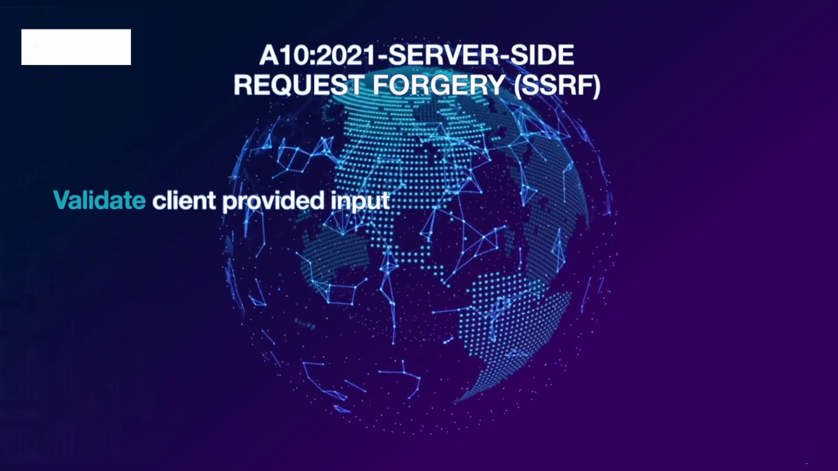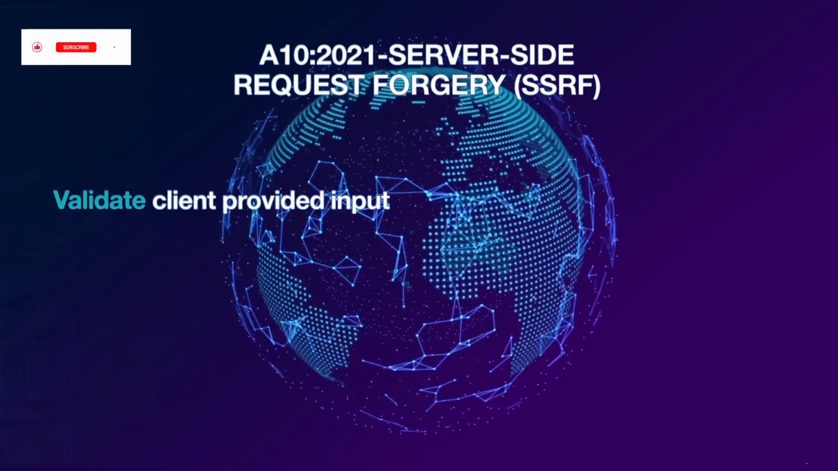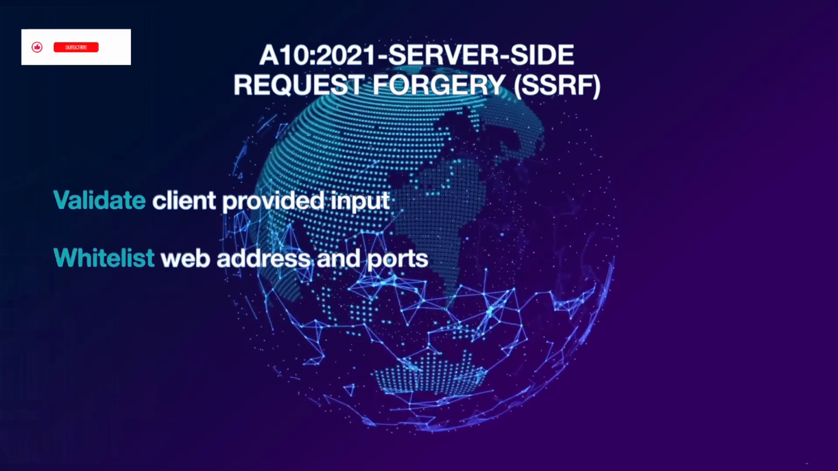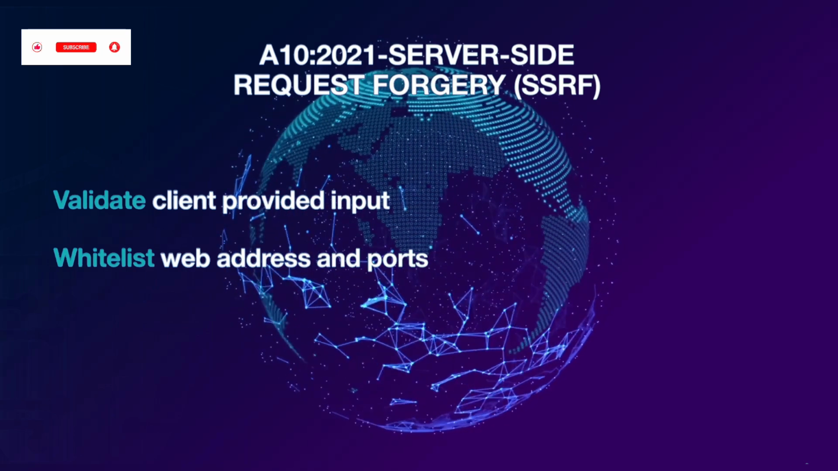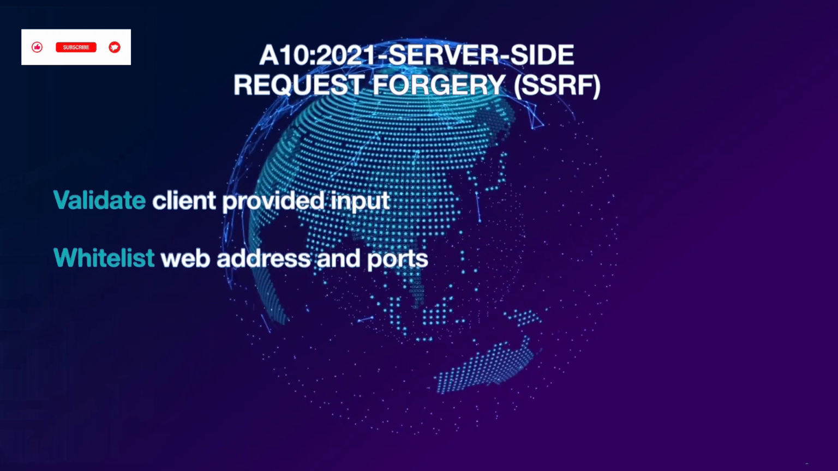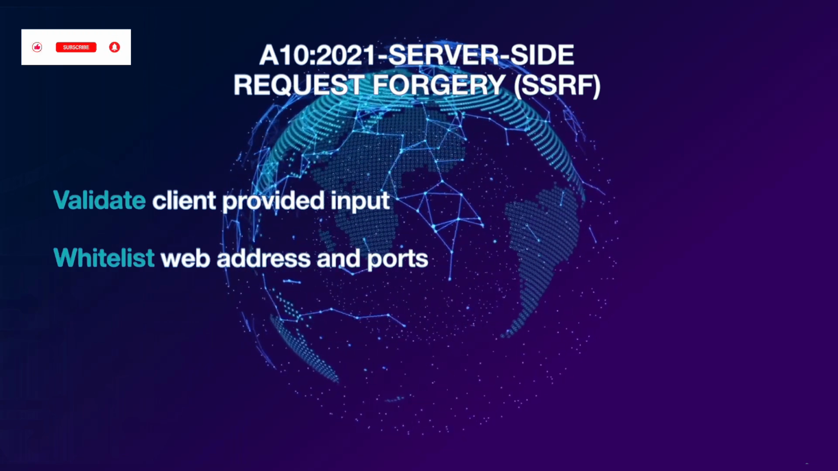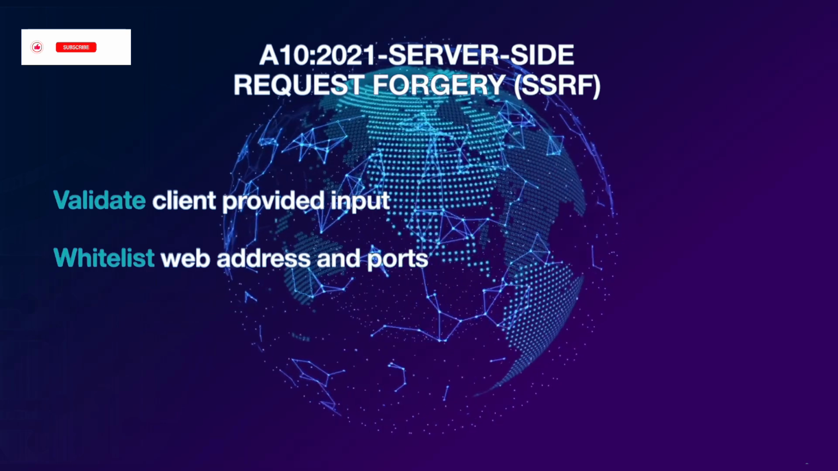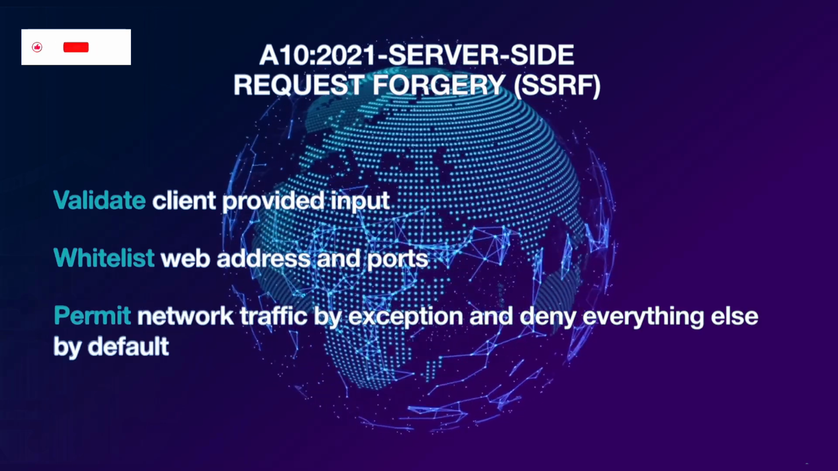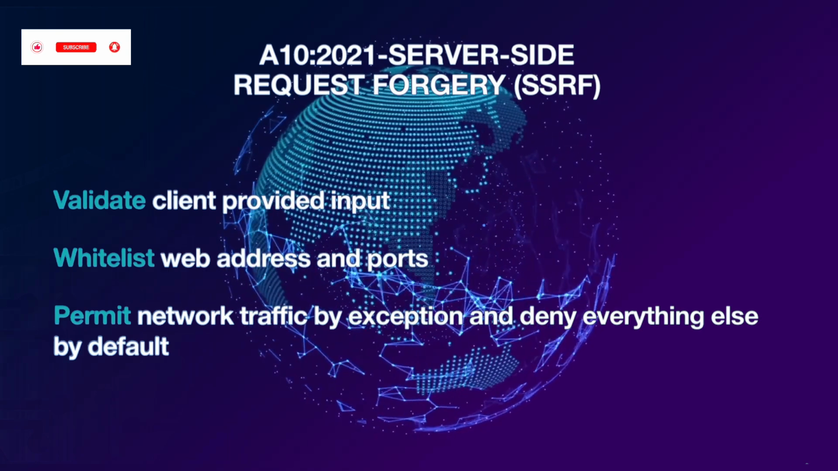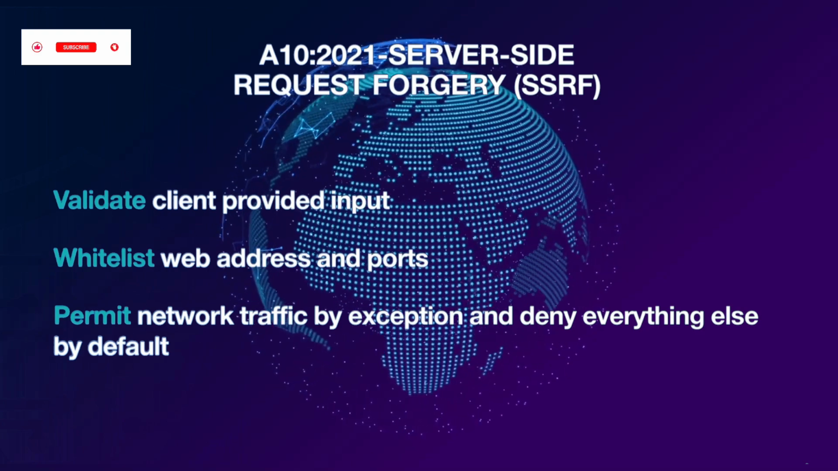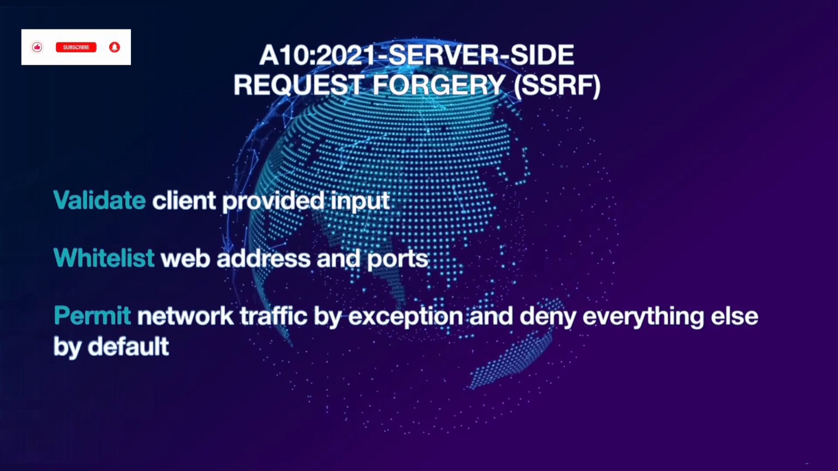You also want to whitelist web addresses and the ports. If you don't want to use port 8080 for HTTP, you need to whitelist the allowed port, 443 in this case, to do HTTPS only, things like that. You also want to permit the traffic by exception and deny everything else by default. So we want to identify what traffic is going to exist between the web servers. We want to whitelist those, put them into the web servers, and only allow them to talk to each other,